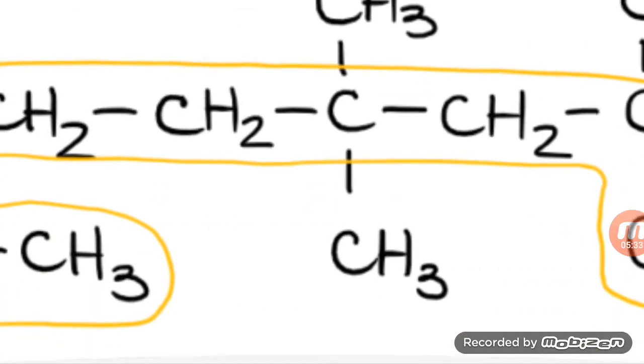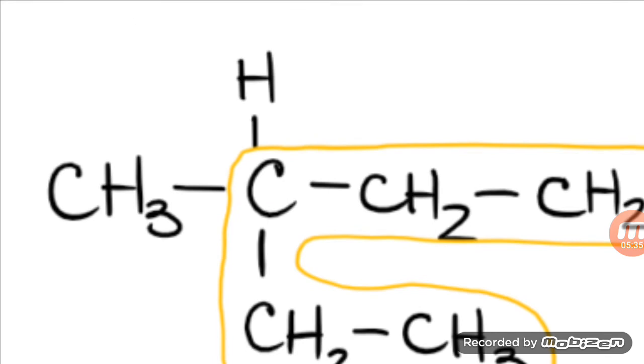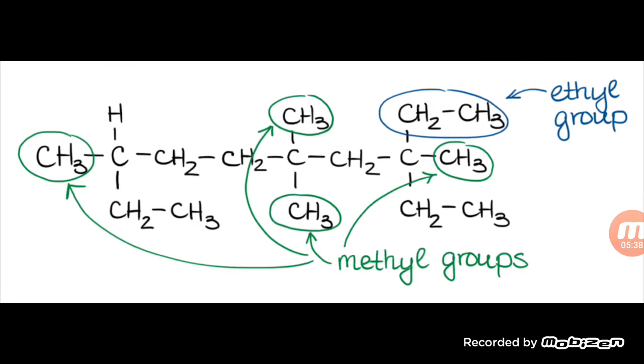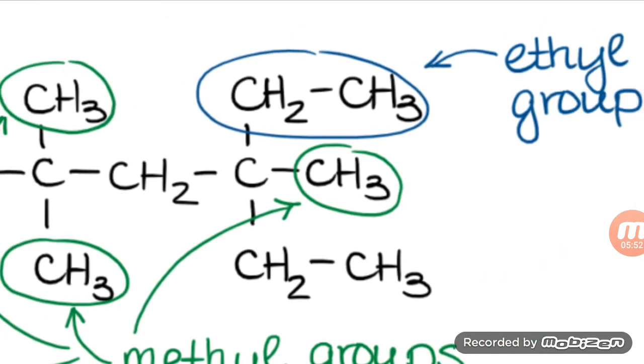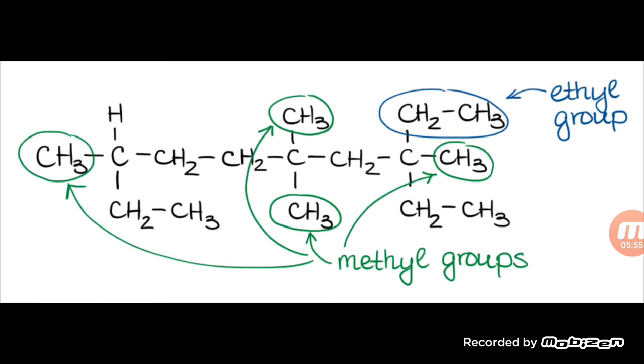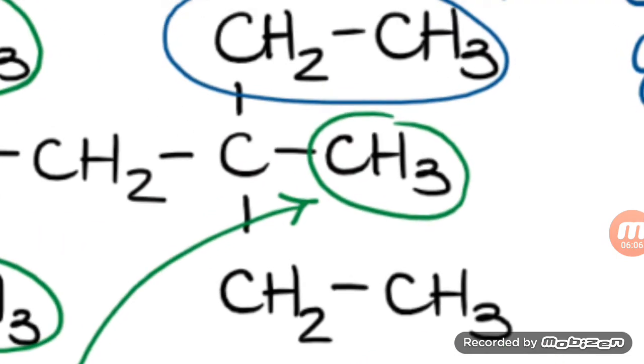And this is methyl, this is also methyl, this is also methyl. Before going further, I first selected the longest chain, and then decided what kind of substituents are there. As I told you, this is methyl, this is methyl, this is methyl, and this is methyl. However, this is a bigger one, which is the ethyl group. Now it's about numbering. You have to give numbers. We will start the numbering of the alkane from the side where the substituent has the lowest possible number. We will start from the end where the substituent is nearer.